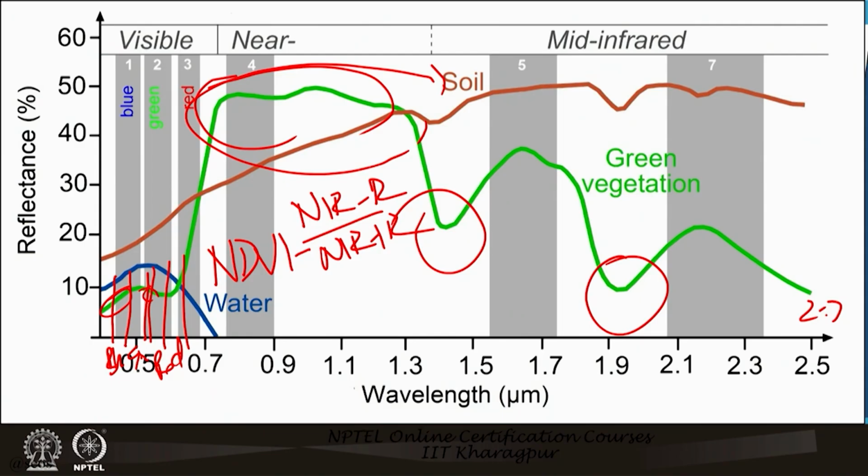Similarly, water has its highest reflectance in the green band, lower reflectance in the red band, and complete absorption in all other bands. So it means that if you use a near infrared band, water is completely absorbing and hence it should look black. So if someone wants to just extract water, he or she would just take a